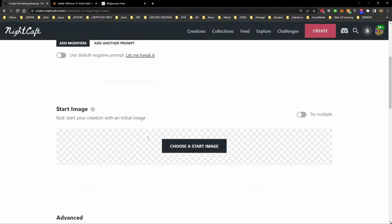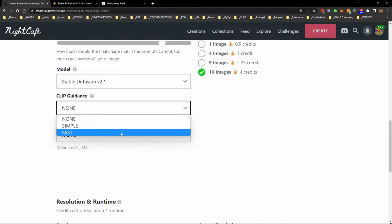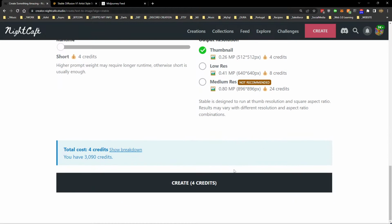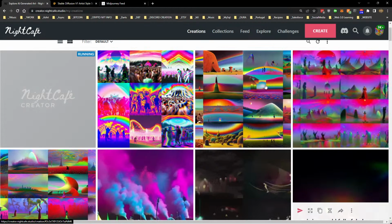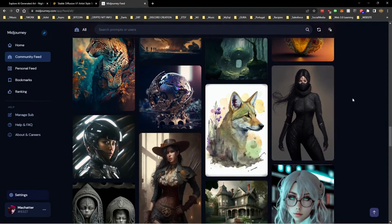Right. I'll give it its best chance, and I'll even do 16 versions of it, and I'll put it on the best one, and I'll give it clip guidance. What do you reckon's going to happen here? It's going to be what it should be. But yeah,